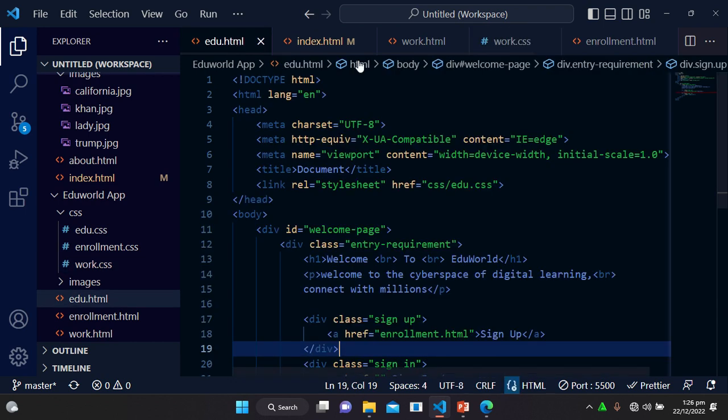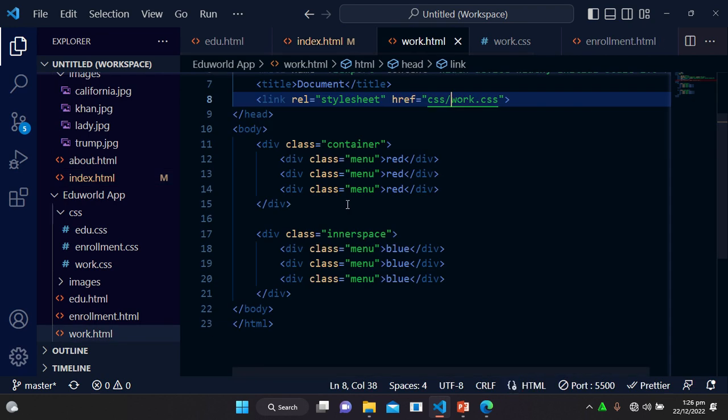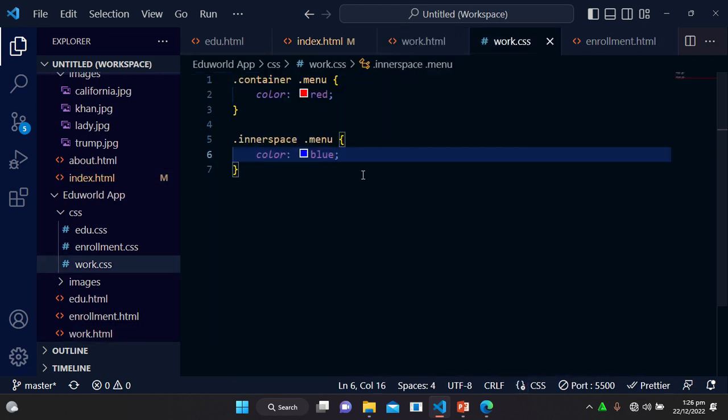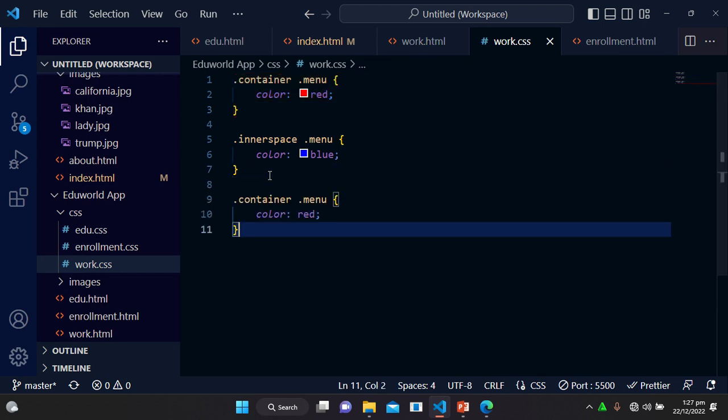So now let's move to the next one. We have the cascading errors. Cascading errors happen a lot, and I can still represent it right here for you. So you have your work.html, and now the CSS. I said color blue here, right? So imagine I came here and copied this, then came down back here again and changed the color to